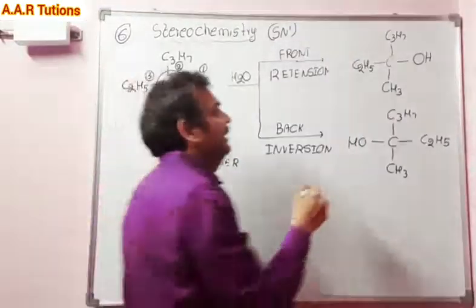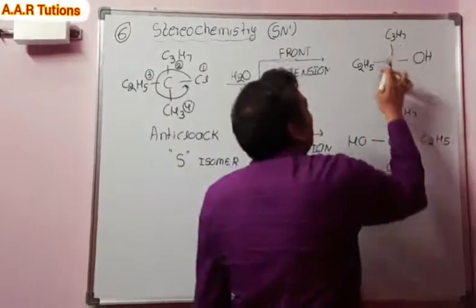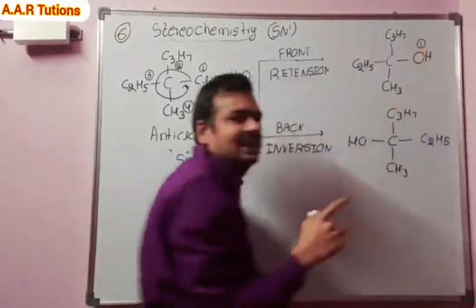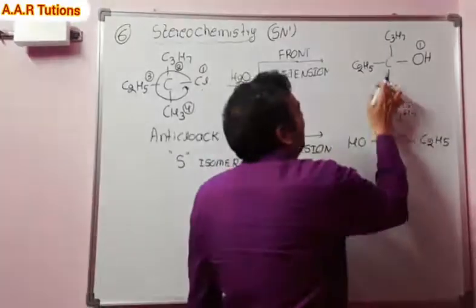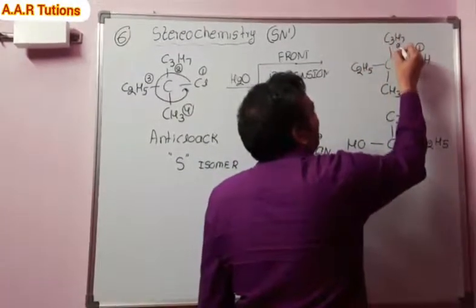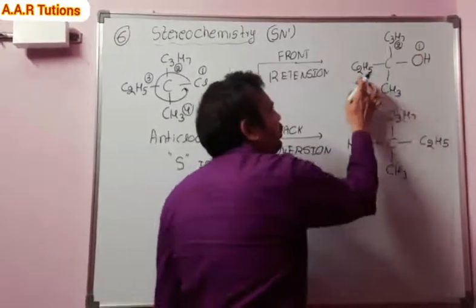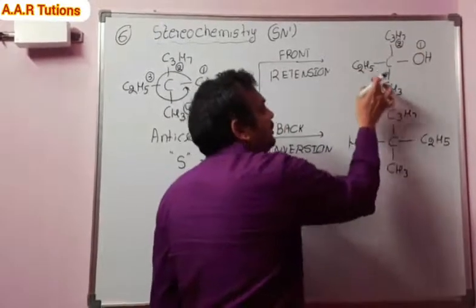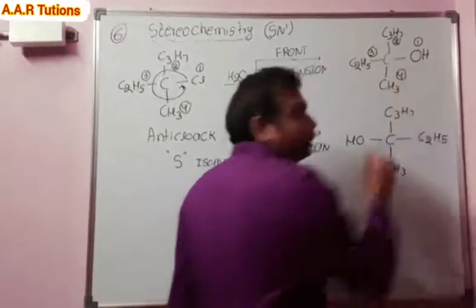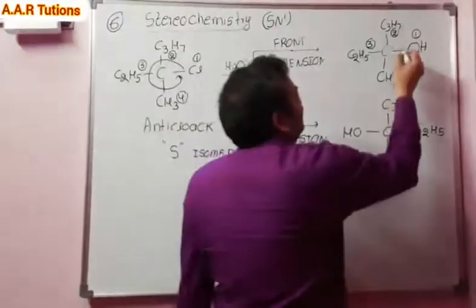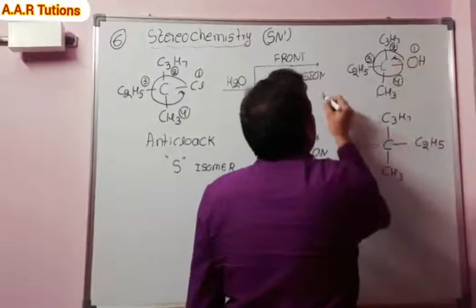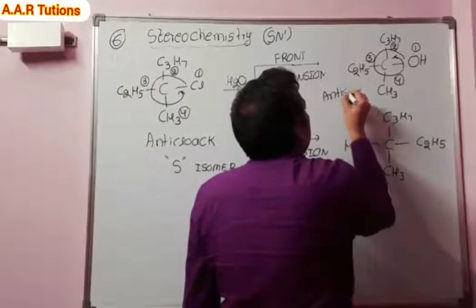Let's see what is happening here. For the product, carbon attached to carbon, carbon, carbon, oxygen: oxygen has the higher atomic weight, so the first priority is oxygen. Again, for the carbons, one group has only one carbon and another has carbon to carbon, carbon to carbon, carbon, so 2, 3 carbons are there. This is the second priority group. Of the remaining two groups, one has one carbon and the other has two carbons, so this is the third priority group and this is the fourth priority group. Start from 1, 2, 3. Again this is anti-clockwise.